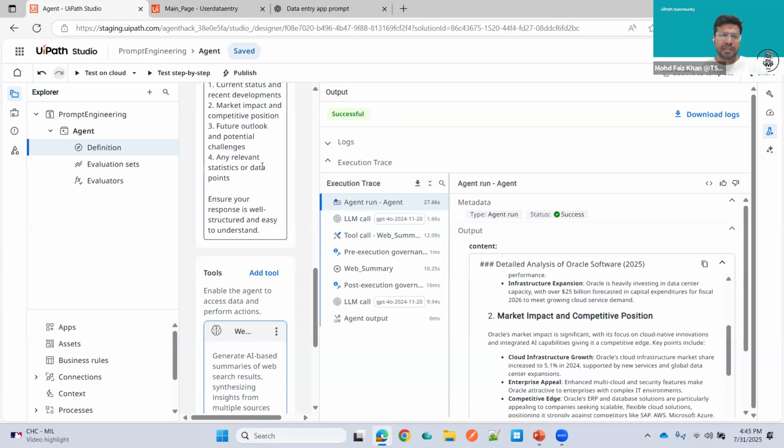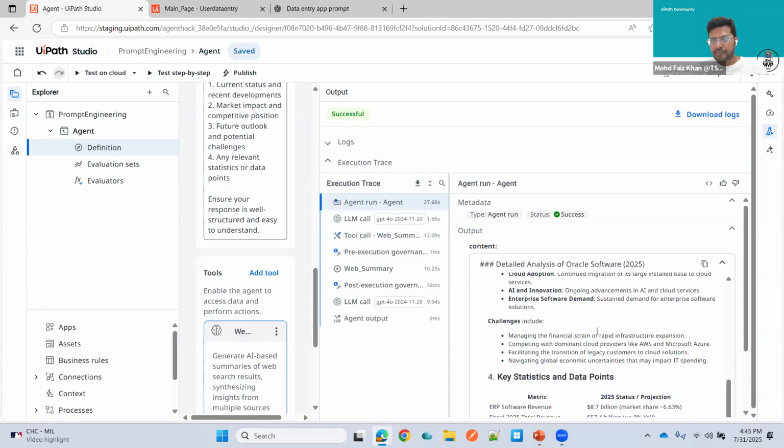Now you can leverage this agent in your process, in your UiPath apps, UiPath Autopilot for Everyone. Once you pass your query, it will research, go through the web search, condense it, and print it in your UiPath Autopilot for Everyone.